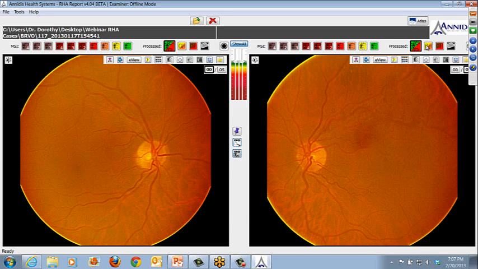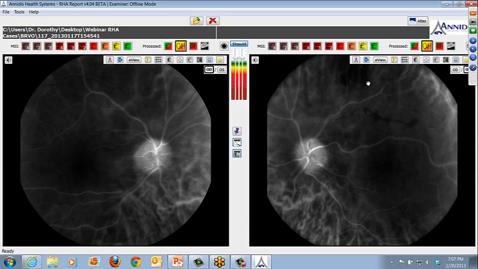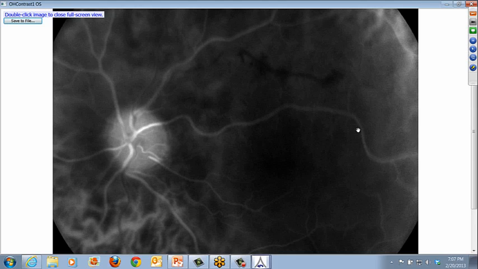And here's the color reference, and this nicely represents exactly where the occlusion is. You can see exactly where the vein is disrupted here and where there's backflow into the venule arcade, and obviously deoxygenated blood, so this is not highlighted here. If there were active leaking oxygenated blood, you may see some